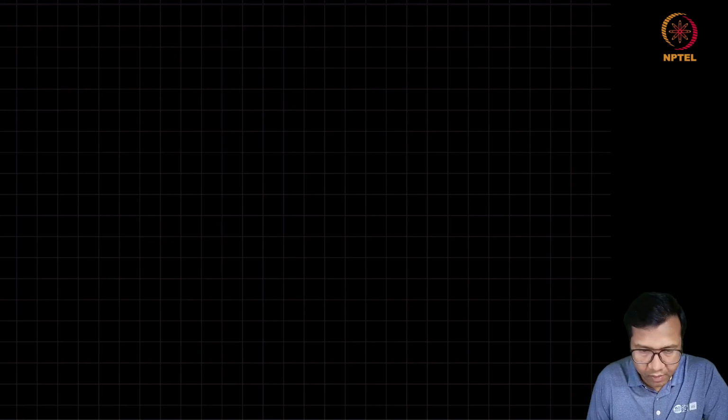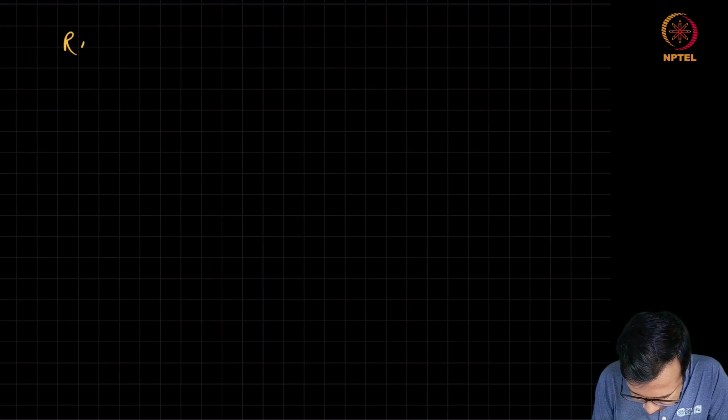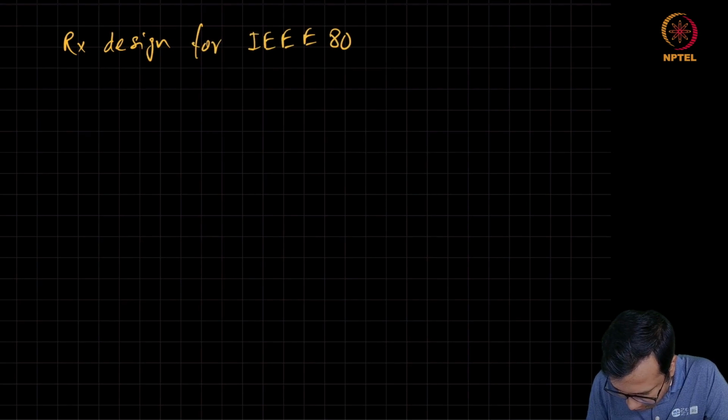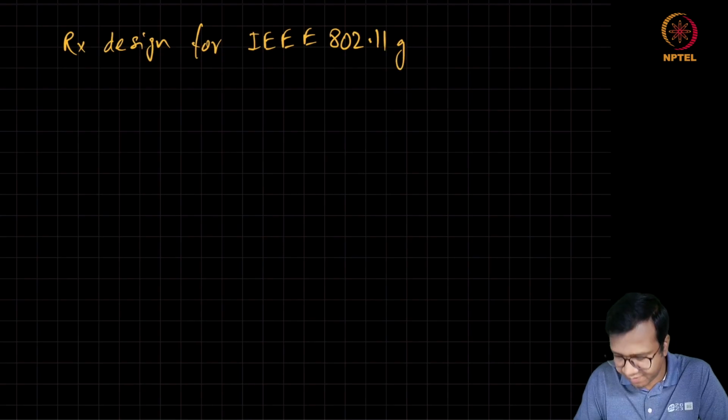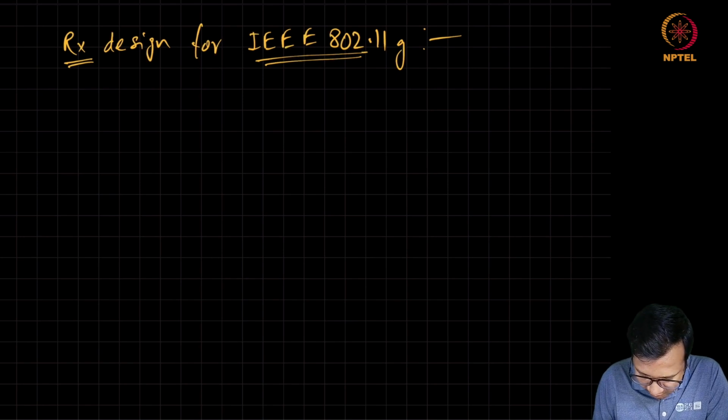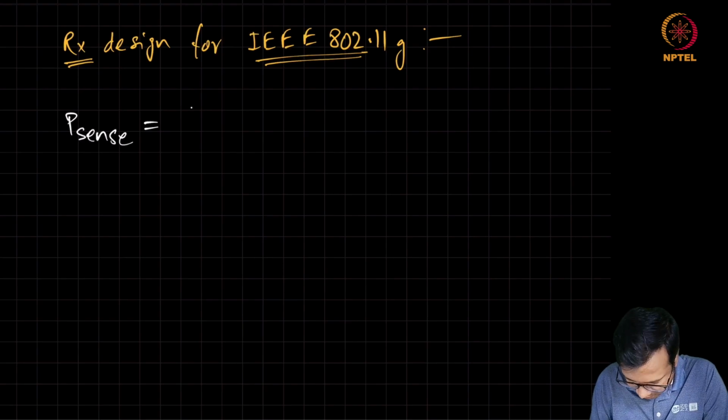So now let us look at the RX design of the IEEE 802.11g standard. The first specification we are going to look at is the sensitivity. So as per the standard, the sensitivity is given as minus 65 dBm